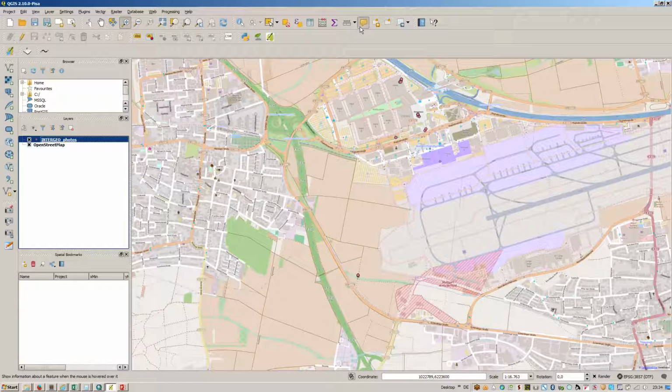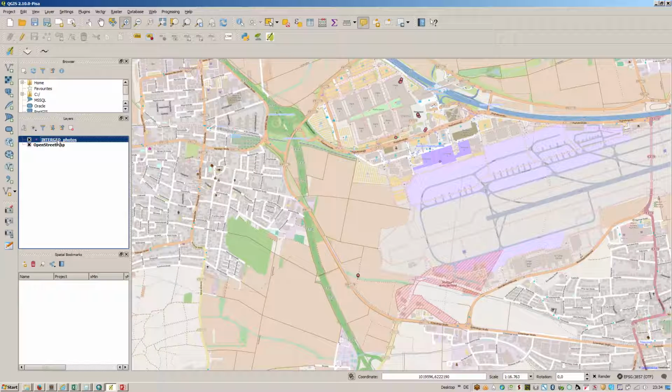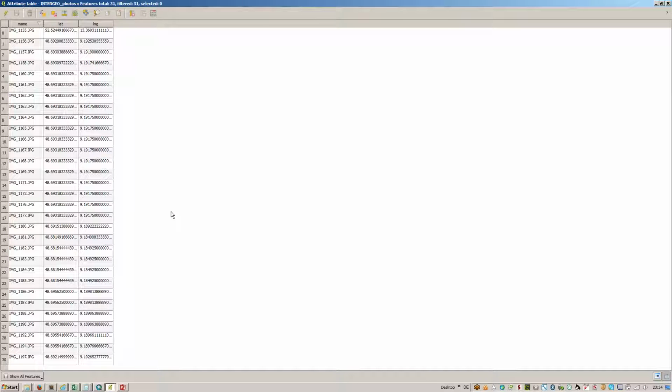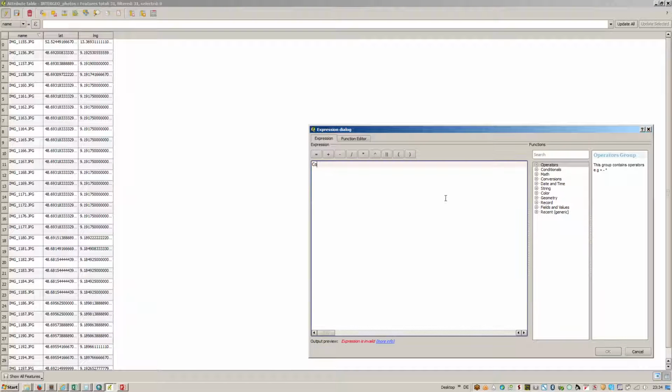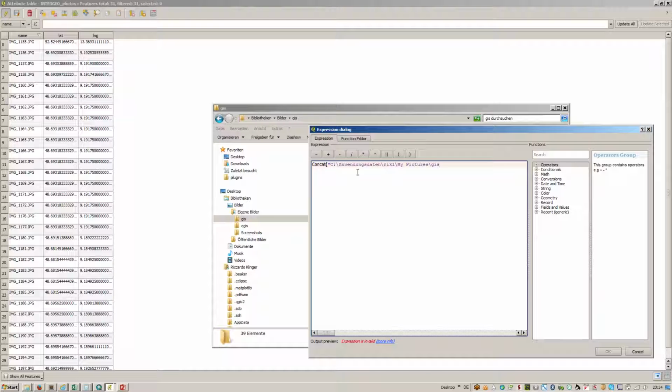Okay, now activate the hover. Let's check whether this works. There is an image, but it's not available. So let's have a look at the attribute table, what is wrong with our data. The main reason that no image is shown is that this path is not a real path to the image. It's just the name of the image. So let's adjust this. We will update the name, and this will also be a concatenation from the current position of the files, which is there, but we will have to replace this with